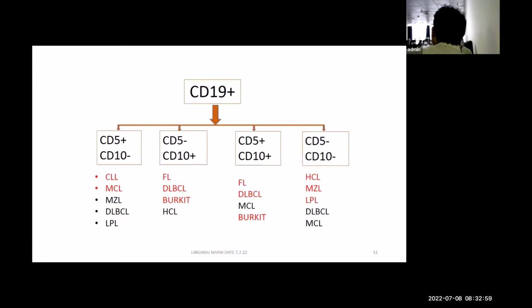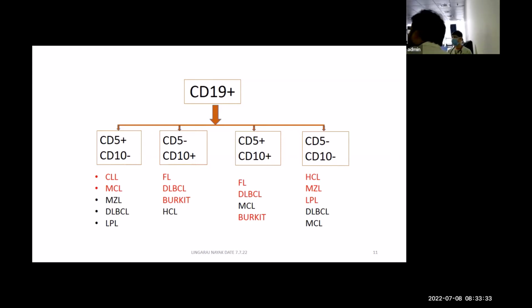So now what do you do? I discussed just now, CD19 positive, B cell. So now you divide on the basis of CD5 and CD10. What is happening to 5 and 10? If 5 is positive, 10 is negative, CLL and MCL. Now I have highlighted in red, they are the most common situations, right? The ones which are not highlighted in red, you can have certain variations, and they're common in some areas also, right? But CLL and MCL are typically CD5 positive, CD10 negative. CD10 positive, CD5 negative, I told you, follicular, Burkitt and DLBCL. Both are positive, you can see again three, and both are negative, which is hairy cell, marginal and LPL.